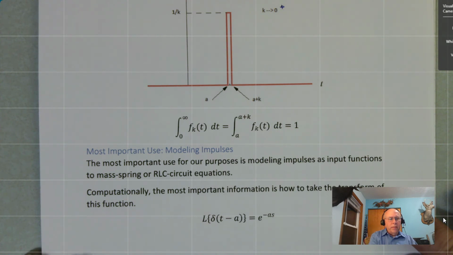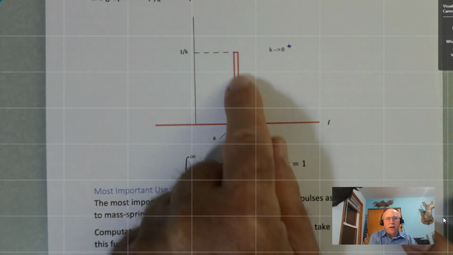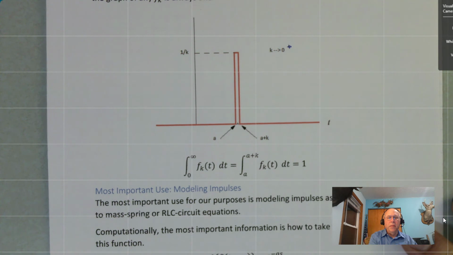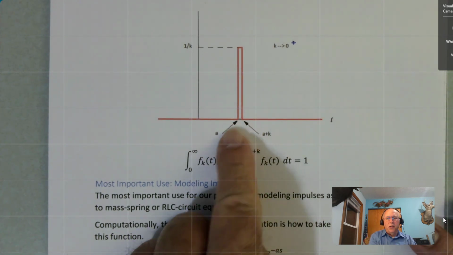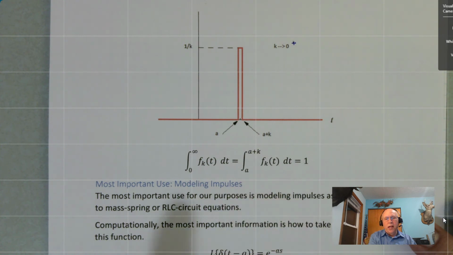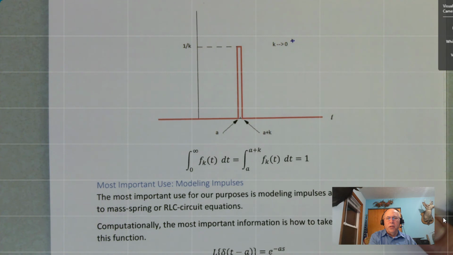Well, what you have is in a very short period of time, you've imparted a finite amount of energy into the system. So we usually use this function, at least for this class. The only thing we use it for is an input to a differential equation,